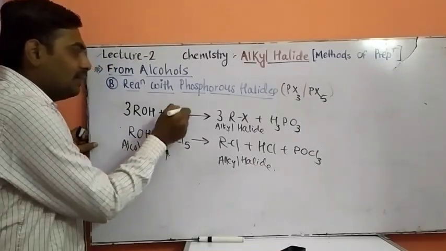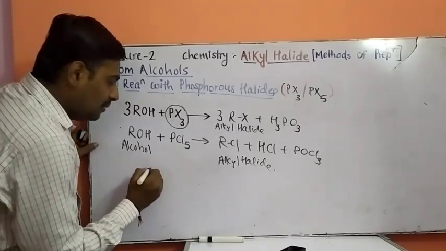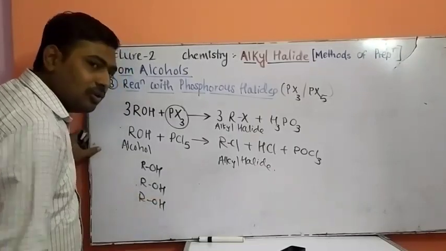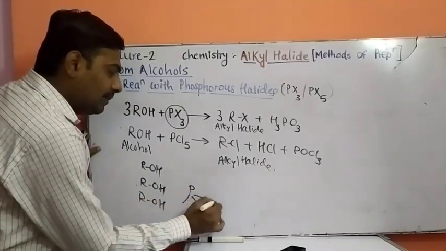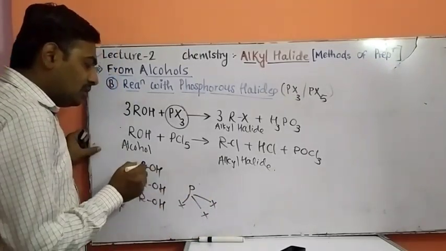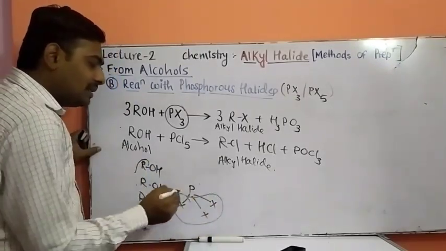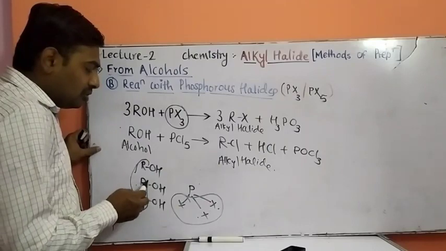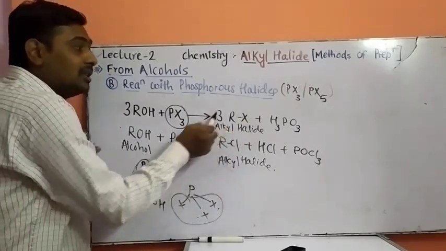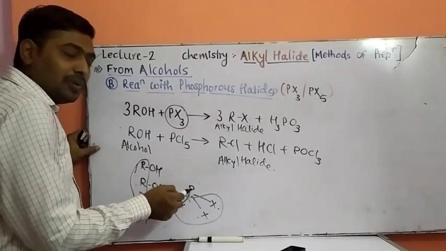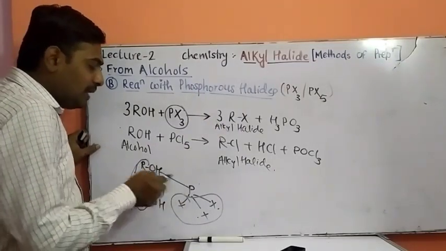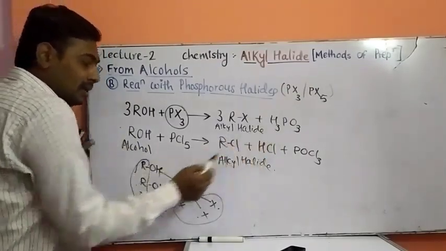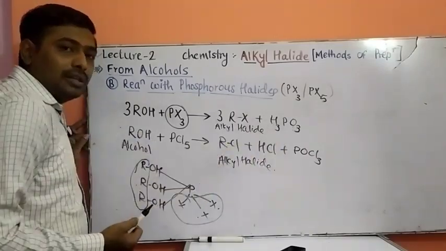See what happens in this reaction. 3 moles of an alcohol, ROH, ROH, ROH, react with PX3. These 3 halogen atoms are incoming, so 3 alcohols containing the alkyl group are required. The 3 alkyl groups R go into the products in 3 moles. Then 1 phosphorus atom and 3 OH groups remain, that is P(OH)3, H3PO3, as a byproduct in this reaction.